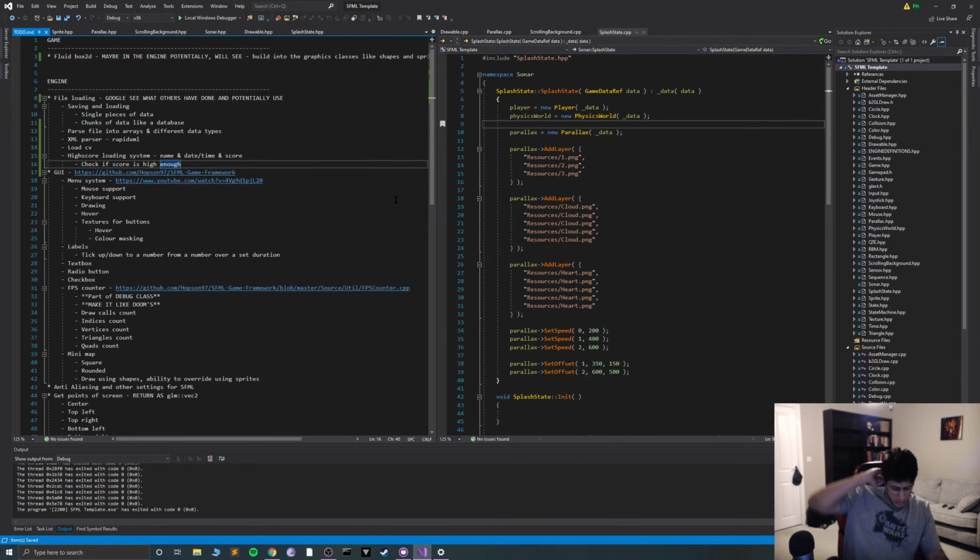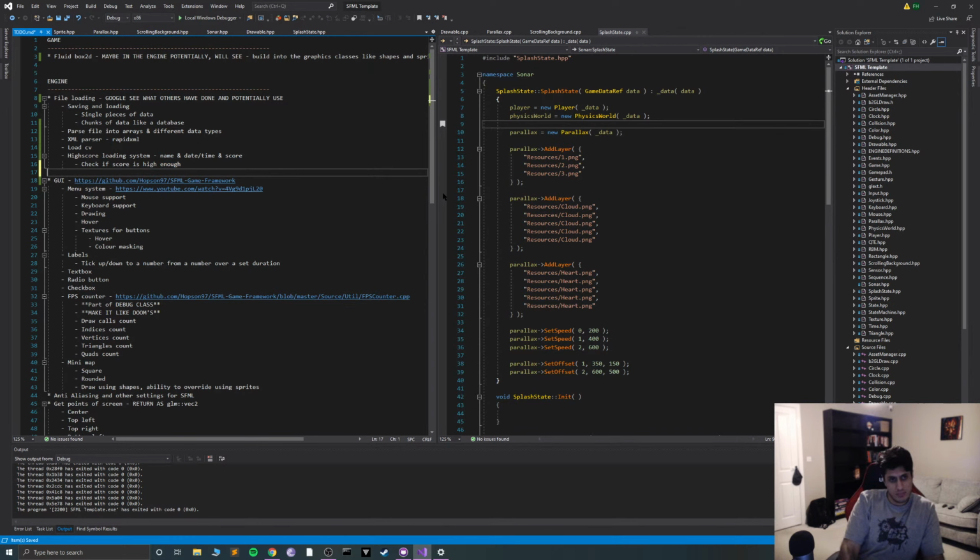Okay, so high score, this thing could you potentially load... maybe a map system, but how about a map?